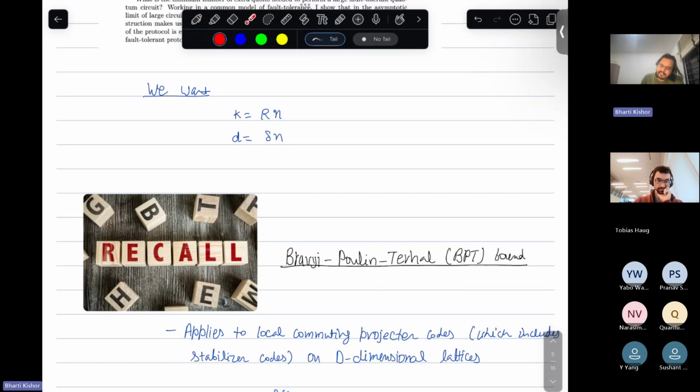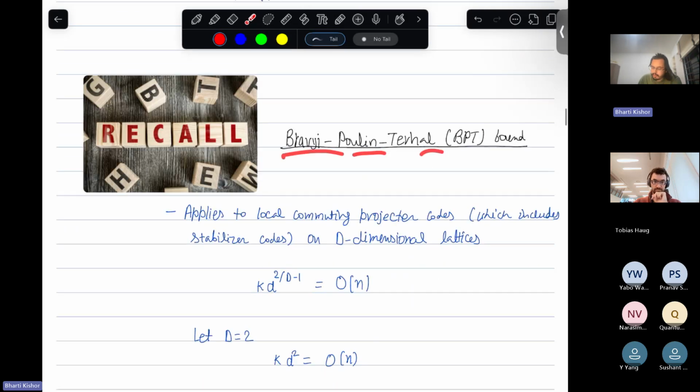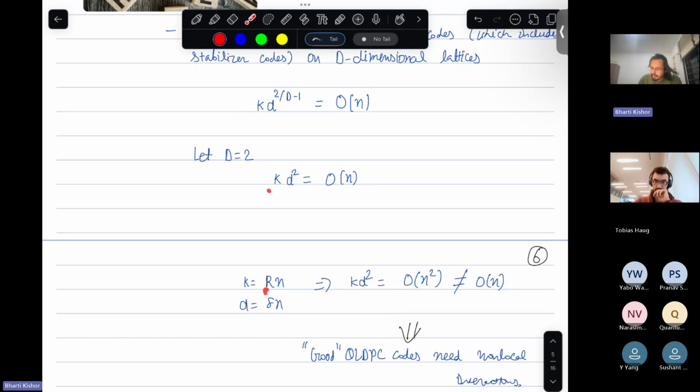So basically, what we want is that the encoding rate should scale linearly with n, and the distance should scale linearly with n. But if you recall from the last session, we discussed this thing called the Bravyi-Poulin-Terhal bound, which says that the encoding rate times distance squared divided by 2D minus 1 should scale like order n. So if you take k equal to Rn, d equal to delta n, so let's take capital D equal to 2 for a two-dimensional lattice, kd squared will be